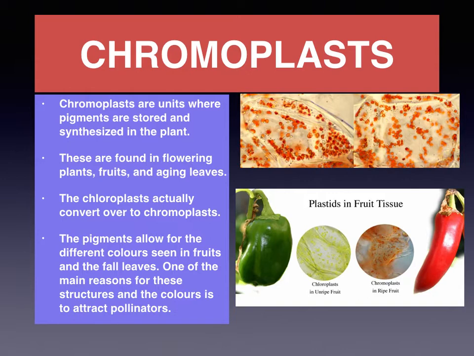Let's talk about the second important plastid, and that is chromoplast. So chromoplasts are those plastids which will provide different types of pigment to various parts of the plant, which could be the fruits, the aging leaves, or most importantly our flowers. And in some cases you might find colored leaves also, like that of a croton.